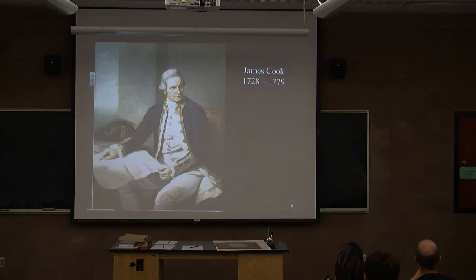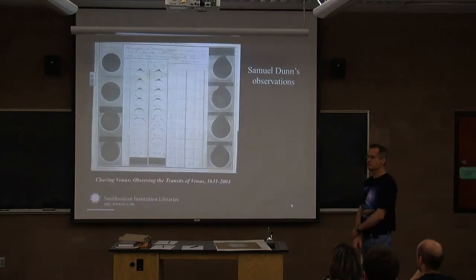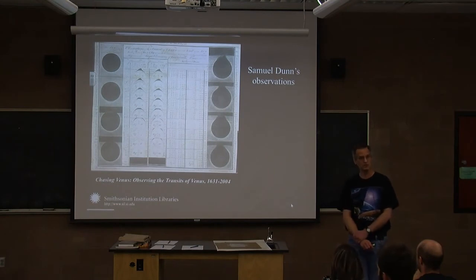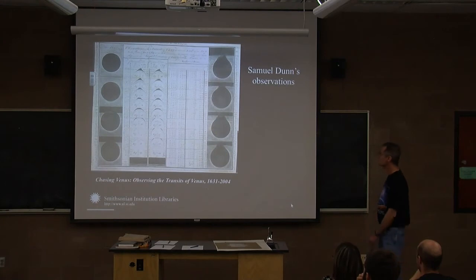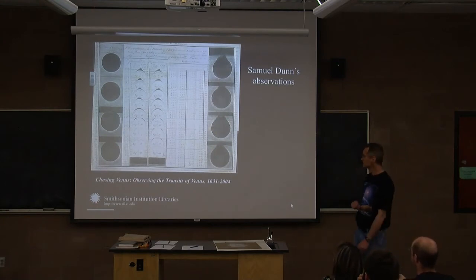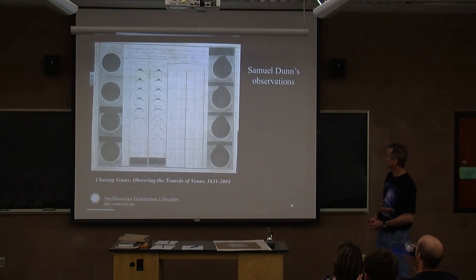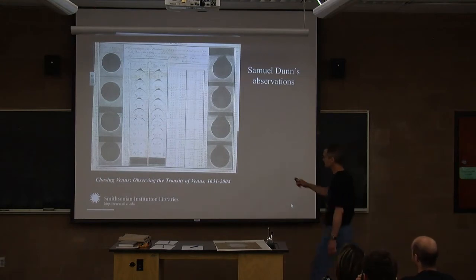Now, as far as observing back then, here are some observations. They didn't have cameras. They didn't have telescopes. And they had other equipment that they had designed to make these observations and measurements. But records had to be written by hand and drawn. Pictures had to be drawn. And one of the things you can see from Samuel Dunn's observations from the 1769 transit is here.